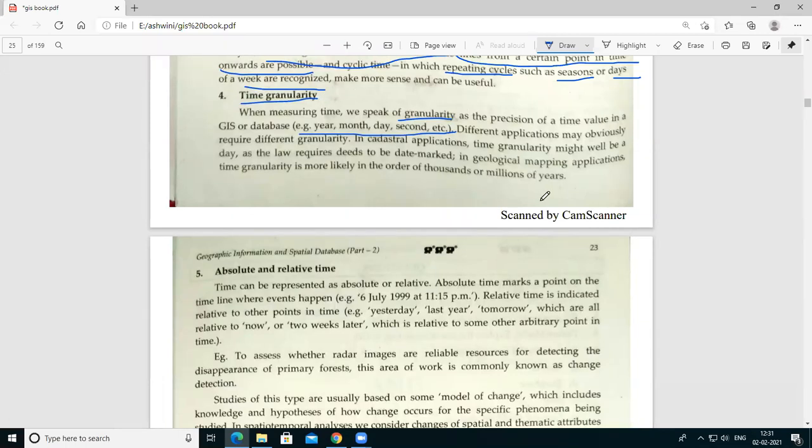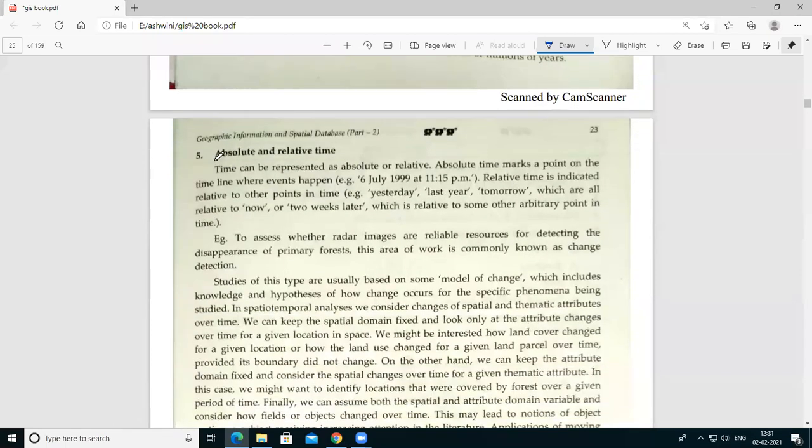Okay. So in cadastral applications, time granularity might well be a day, as the law requires deeds to be date marked. In cadastral applications, days are used, for mapping notes.